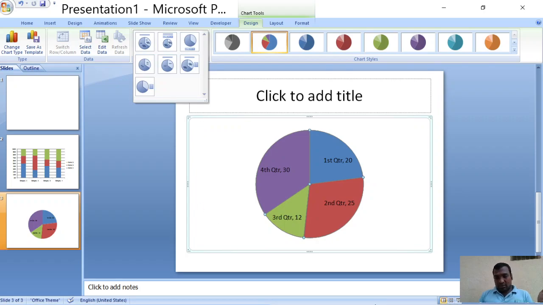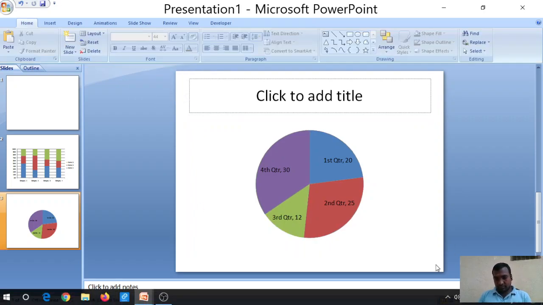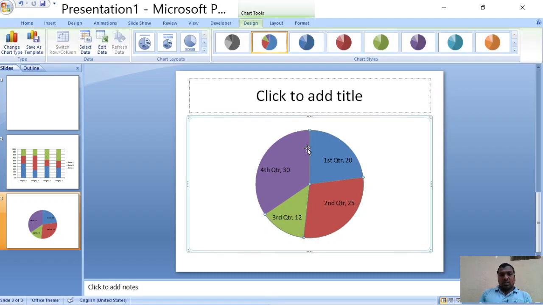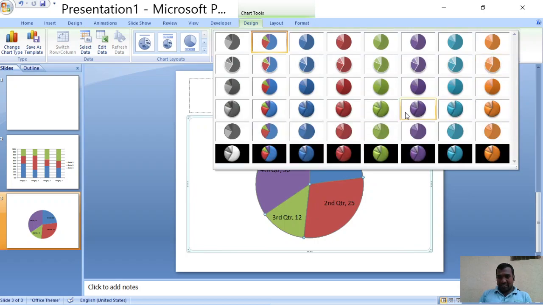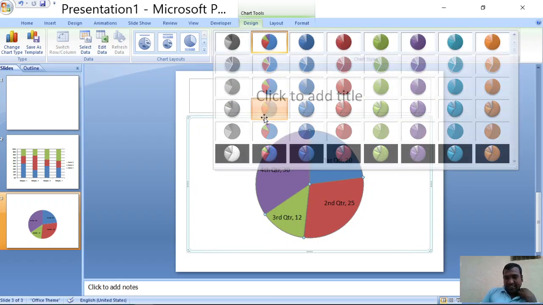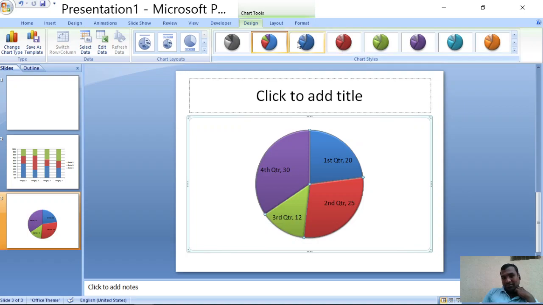Now within the Design tab, we have an option called Change Styles. I am choosing the More option, and the different styles are there, so I am choosing this one. You can observe the chart here.